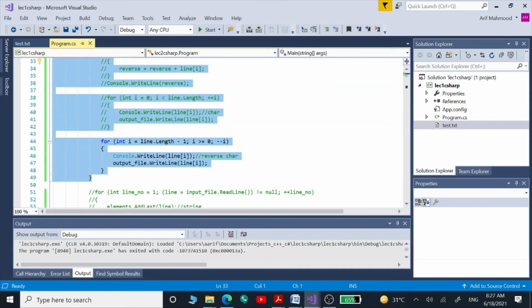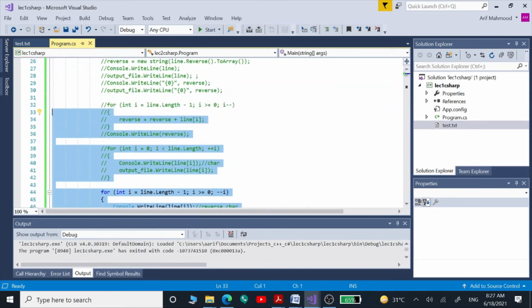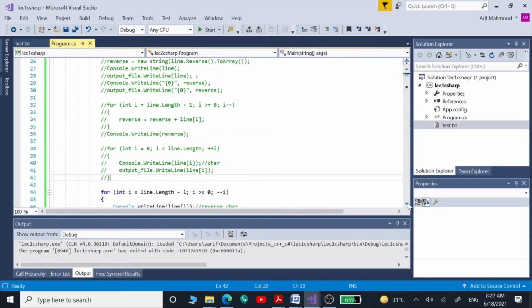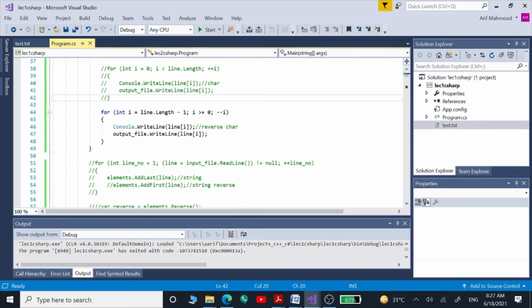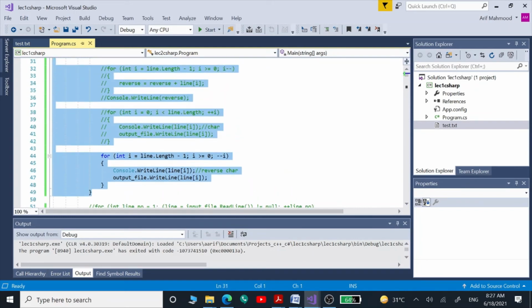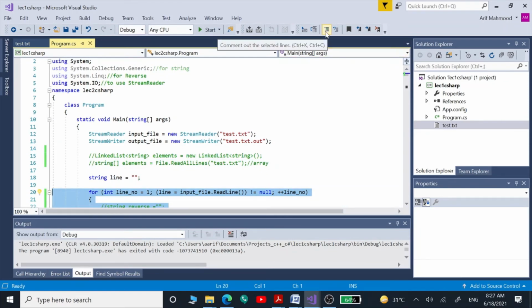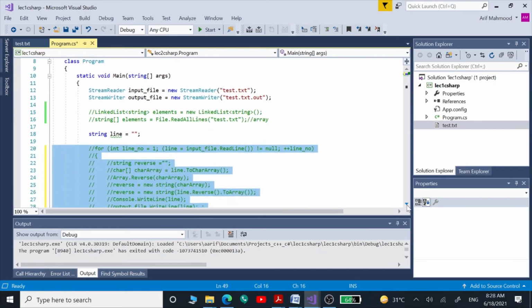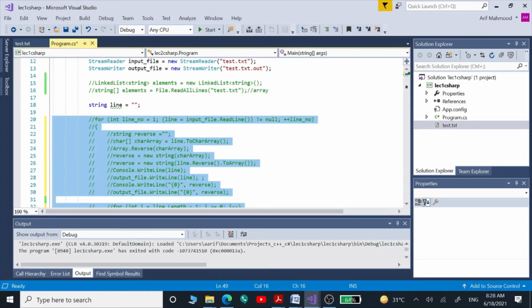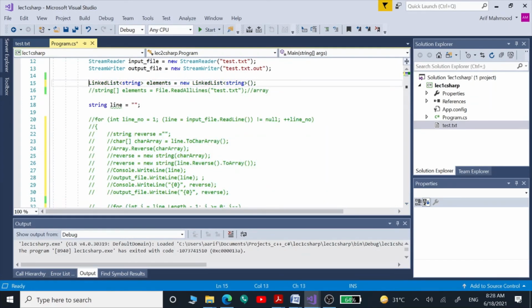And now let's actually comment out these lines and see how we can reverse a list. So now we are going to use this same string line function inside another for loop. First we are going to define a linked list.